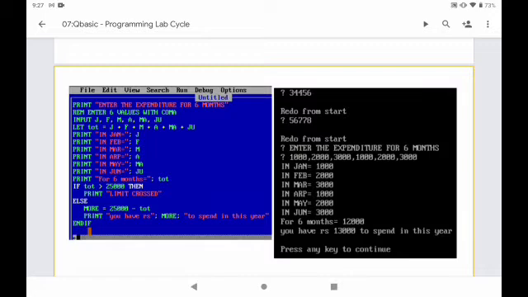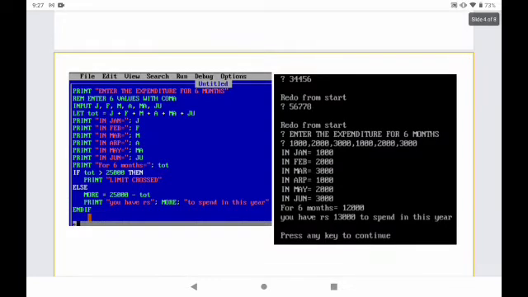The first program is to write a program to find the sum of squares of 1 to 10. That means 1 into 1 plus 2 into 2 plus 3 into 3 plus up to 10 into 10. So all these values we have to add. I'll just give you an example of how we can do this.